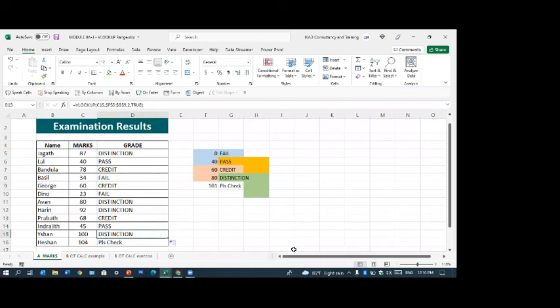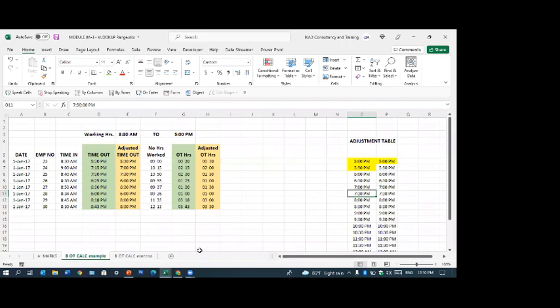Without going and changing it. So that is called, now this is very useful for OT calculation. Look at the example here. When you are calculating OT, always relate it to the practical side, then you will know. Relate it to the practical side where you can use it. When calculating OT, we have blocks. The person who comes at 8:30, who goes at 5:30, the adjusted time is also 5:30. Let's say half an hour blocks.